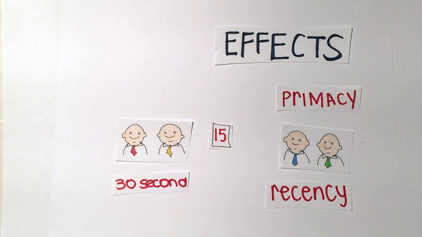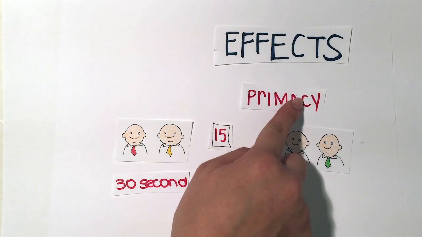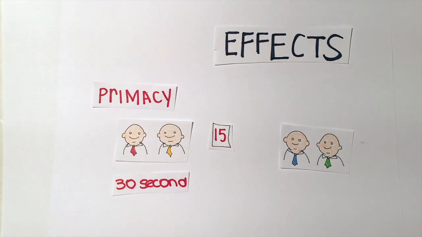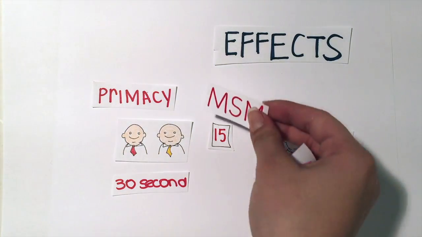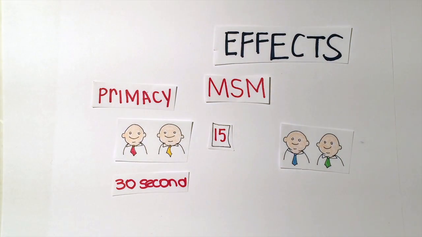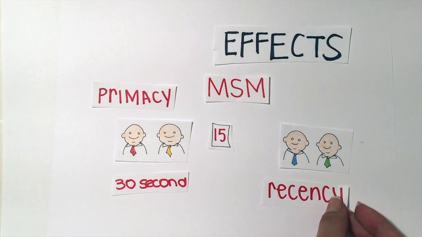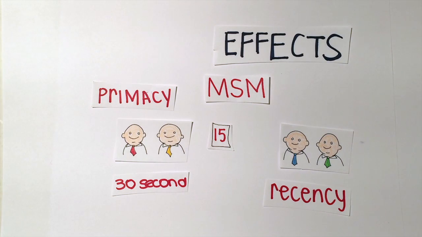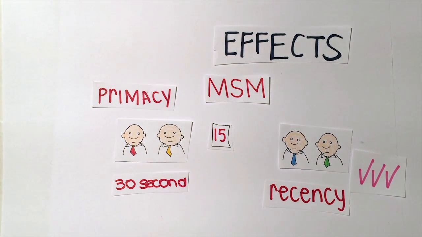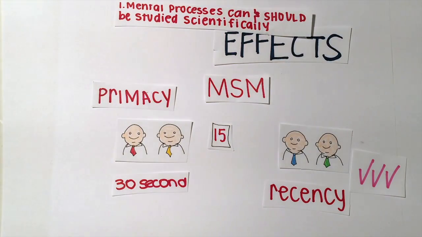With subjects that recalled after a delay, recency effects were no longer visible, given that short-term memory was lost after the 30 seconds, but primacy effects still affected the curve of recall. This went along with the MSM, seeing as primacy effects showed how the first words are commonly the most rehearsed, showing to be the most recalled in both trials, while the recency effect came on to prove that we recall best the things that remain in short-term memory, even though they remain there for a short time period. This therefore shows that mental processes can and should be tested scientifically.